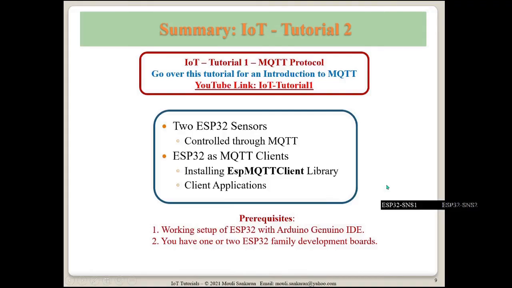I'm very happy to share this with you. I urge you to download the code from the link that I will provide on GitHub, compile it and run it on your board. If you succeed, you have a program running on your ESP32 which can be controlled from anywhere in the world. Your imagination is the limit to enhancing the application with this code.